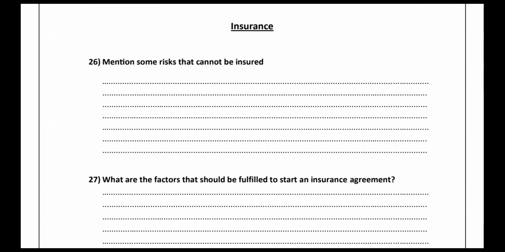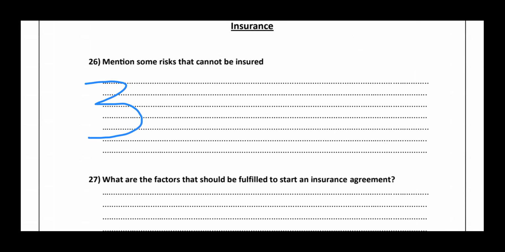So in insurance, what is happening? There will be how many parties in an insurance? Tell me. Parties involved in an insurance, there are three, right? First is the insured, and the next one is the insurer, and there is a third party also. Yes, Akhil. Okay. So the insured is the first party.